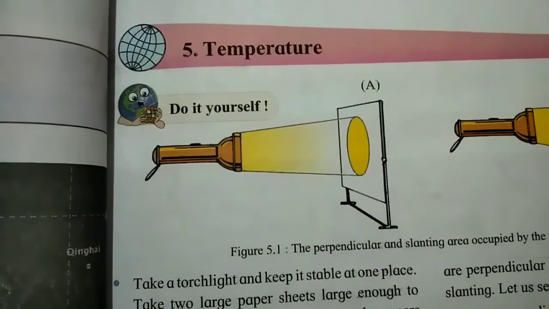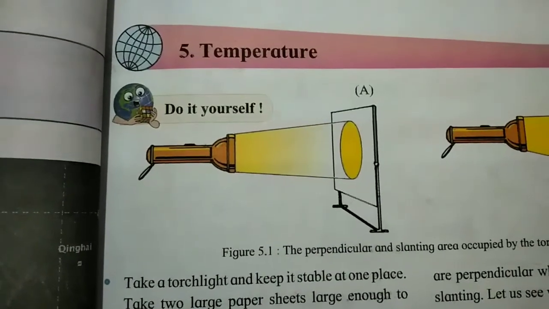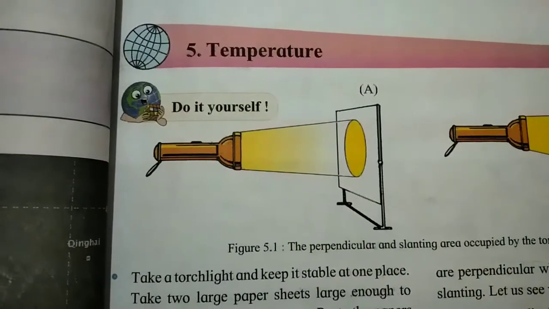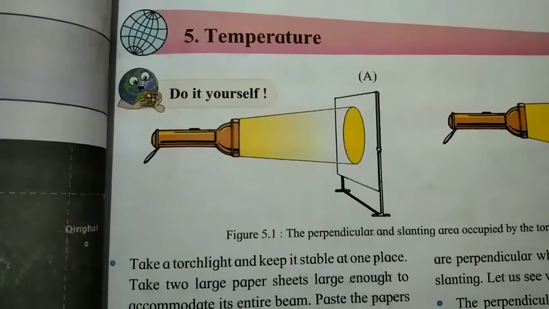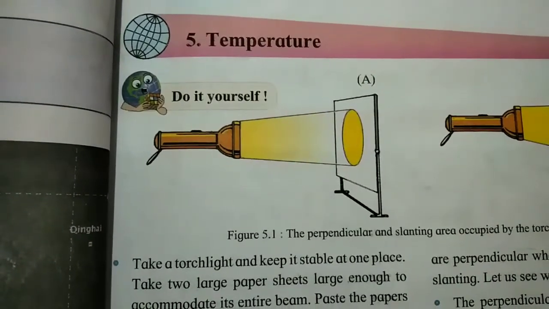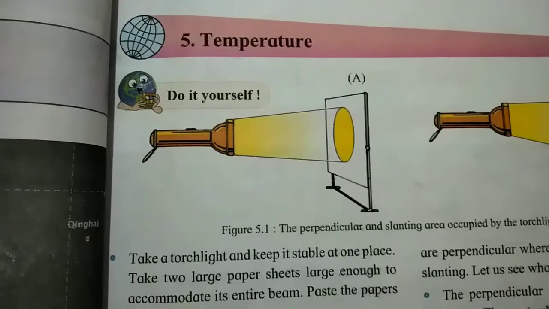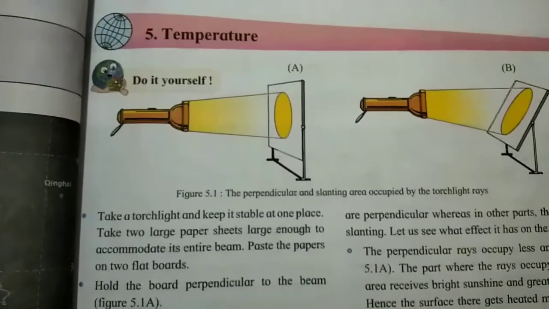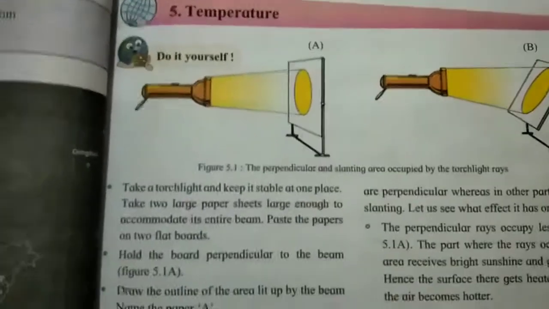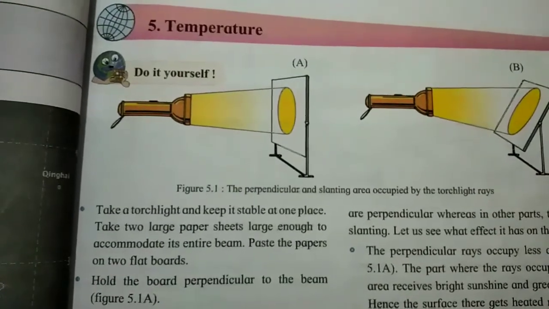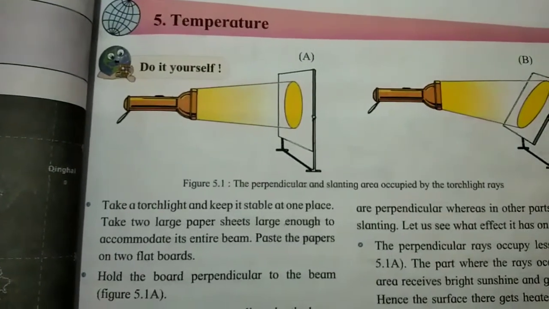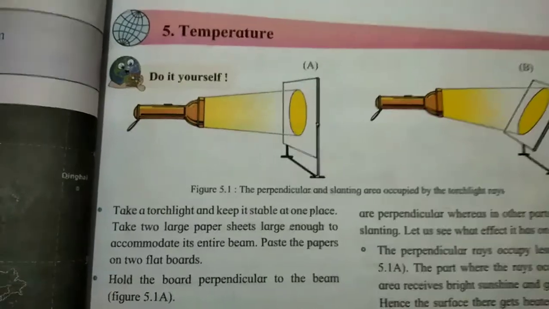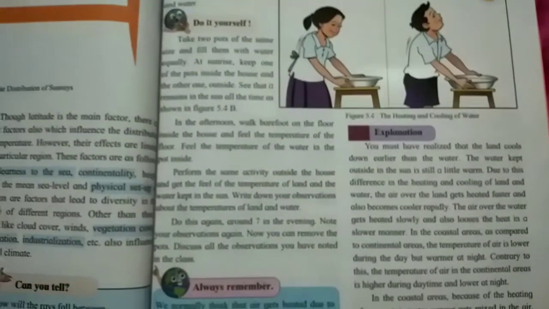Now our history portion is over for your first semester. Today we are going to see our fifth chapter of geography, that is temperature. Long before we are seeing this chapter, half part has been completed. Temperature means what, and how our earth receives the temperature from the sun, that we are studying in this lesson. So open your page number 24.